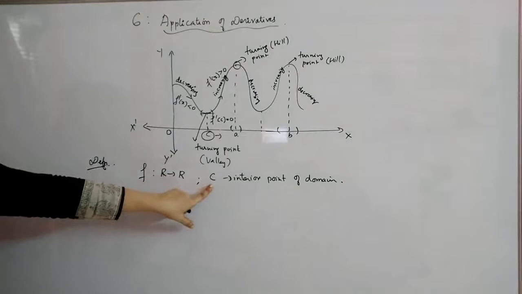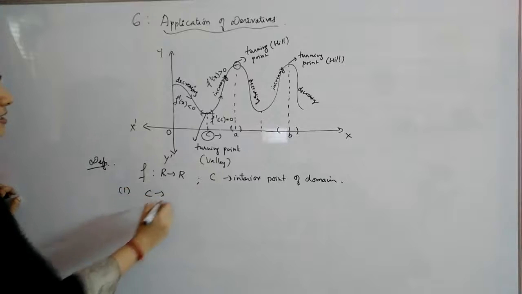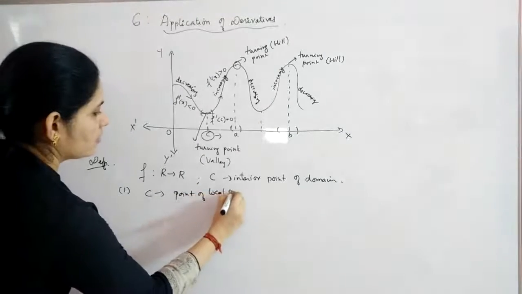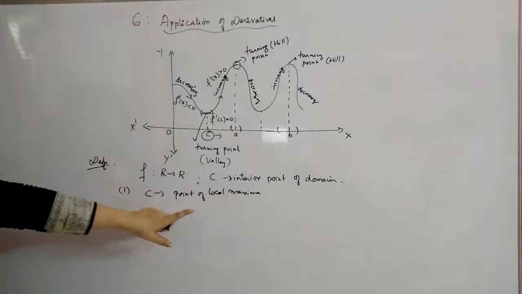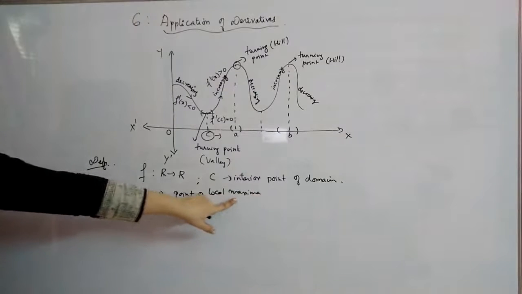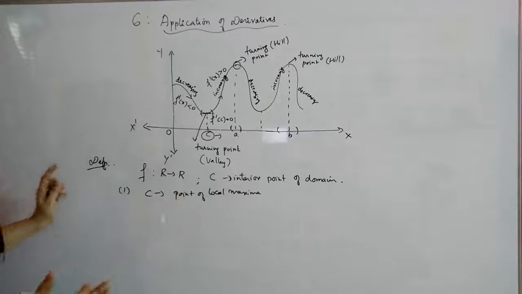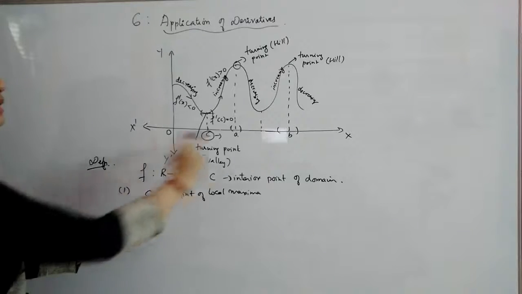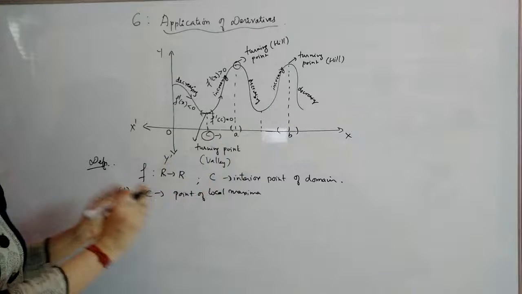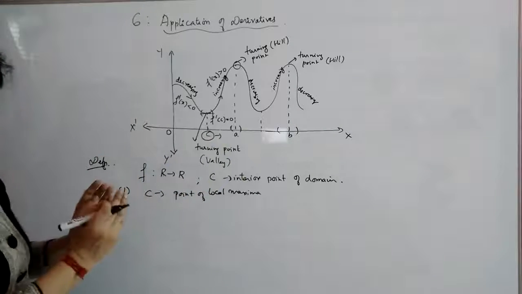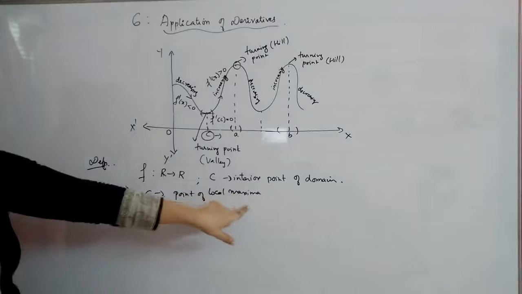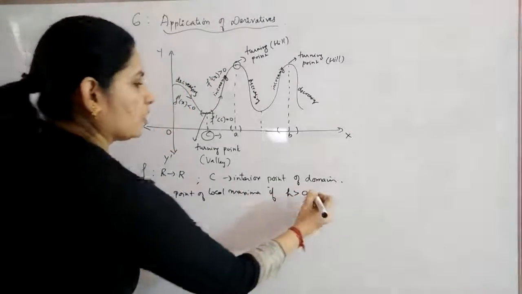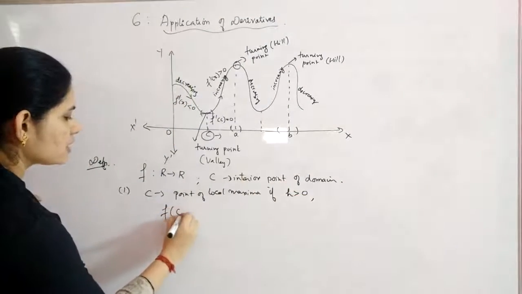So we are taking a point C, and now we will say that C is a point of local maxima if, again you know that maxima is a plural, you can have another point also in the same big interval, but for C you are taking a small interval which contains this C. It can be anywhere in the interval, that is, if it is R, it can be anywhere in R. But we are considering a small interval so that we can say that point is a point of local maxima if you are able to find an h greater than 0 which gives you f of c greater than f of x.